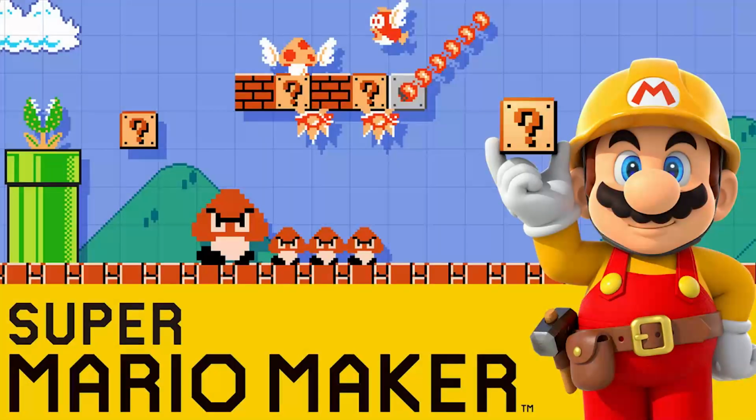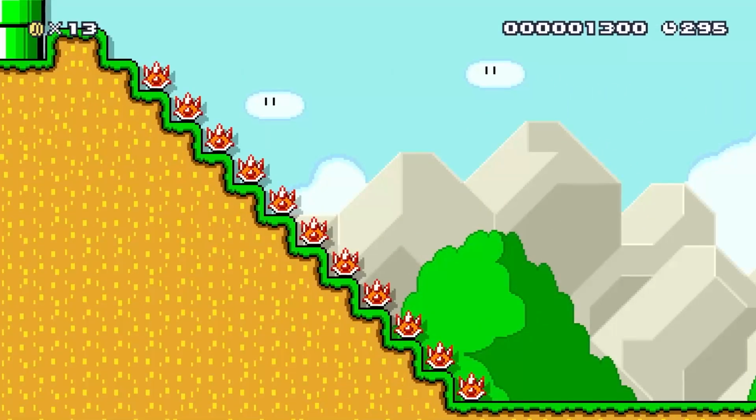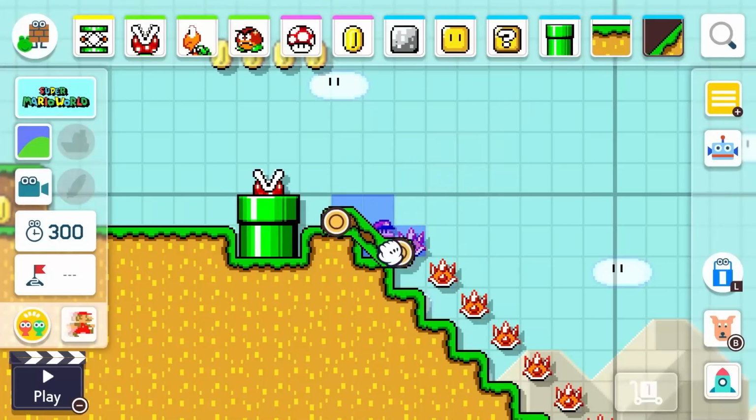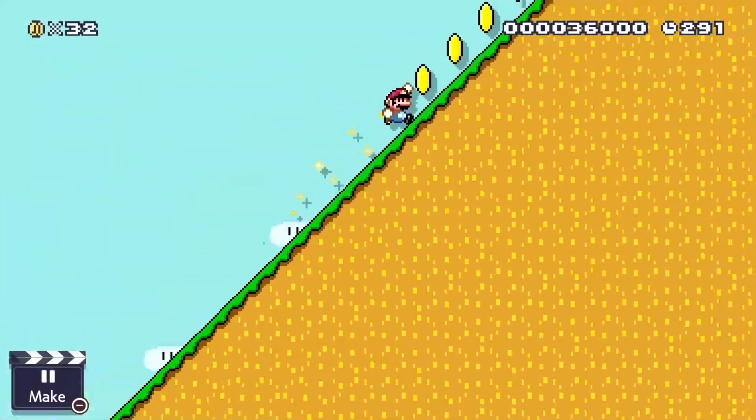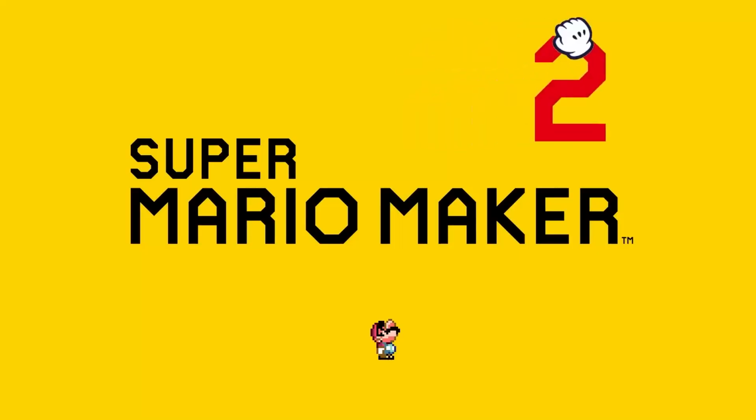Super Mario Maker. Again, although it's not a game engine, Super Mario Maker deserves a mention due to its extensive level creation capabilities. According to MatPat, it has more possible levels than atoms in the universe.